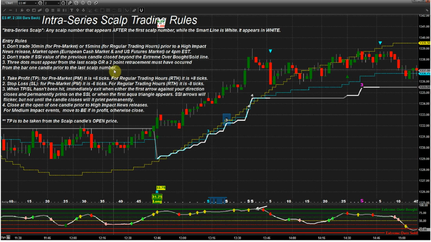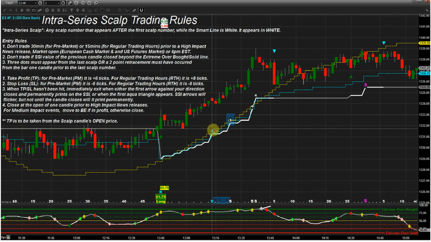The second one, it's an OR rule here, so either this or this. The second one is that a 2-point retracement must have occurred from the bar 1 candle prior to the last scalp number. That's very simple. For people preparing for scalps, what you do is, when a scalp number like this 3 has appeared and you're now looking for valid Intra-Series scalps, you go to that 3, you go one bar before it, you take the highest price, you use a 2-point rectangle,